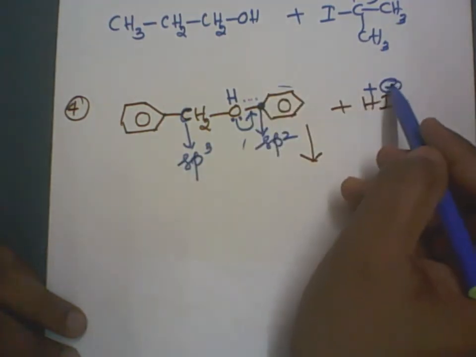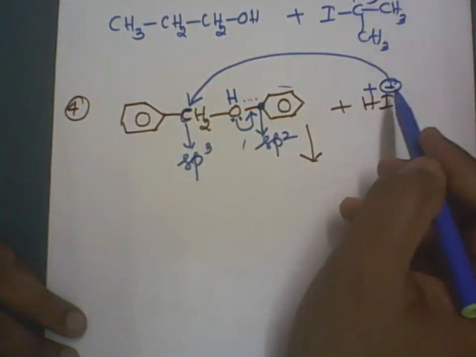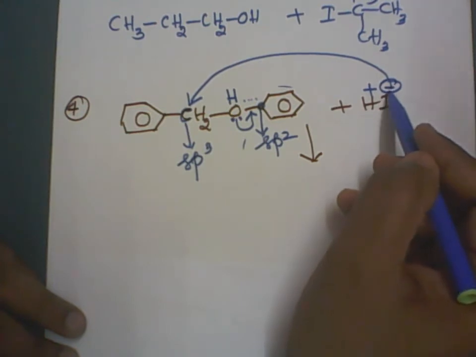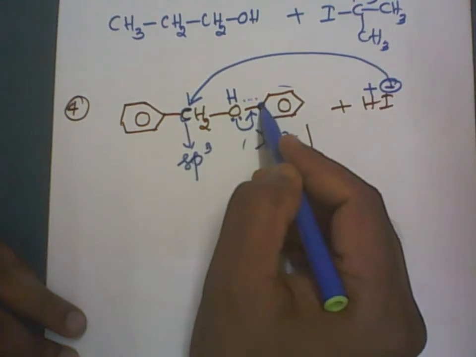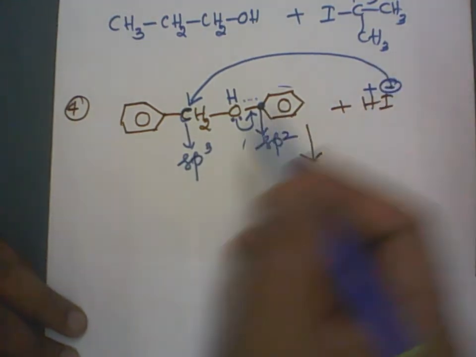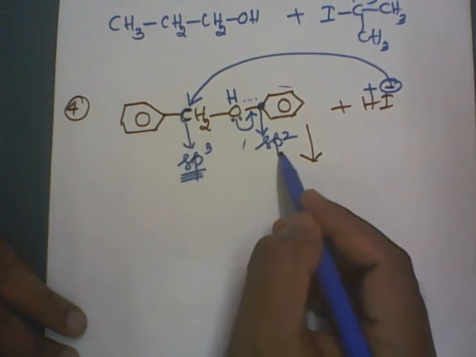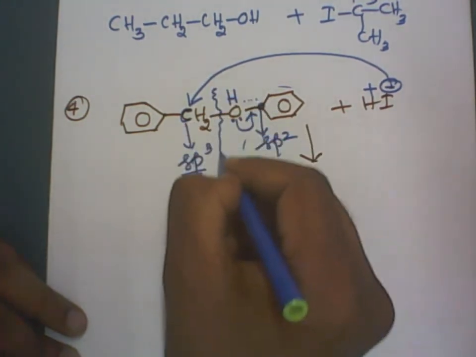Okay? The nucleophile generally attacks the alkyl carbon atom. Remember, the halide ion nucleophile generally attacks the alkyl groups, not the aryl groups directly. The nucleophile easily attacks the sp3 carbon atom, not the sp2 carbon atom. So where do you have to break the bond? You have to break the bond here.